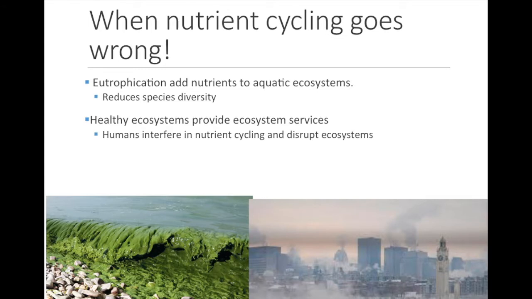Humans have a habit of moving nitrogen or nutrients from one part of the cycle to another. This can disrupt the natural nutrient cycling and cause problems to the environment. Eutrophication occurs when there are too many nutrients in a standing body of water like a lake or a pond. This is usually because of runoff from agriculture, which is full of fertilizers. The fertilizers fill the lake or pond with nutrients, and the excess of nutrients allows algae to grow rapidly, causing